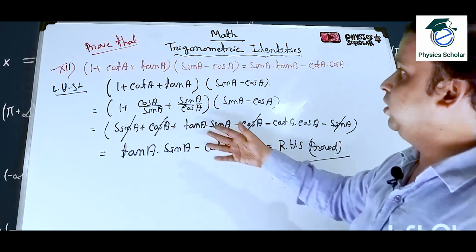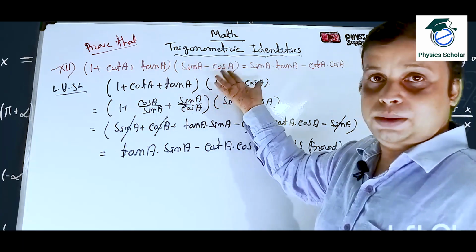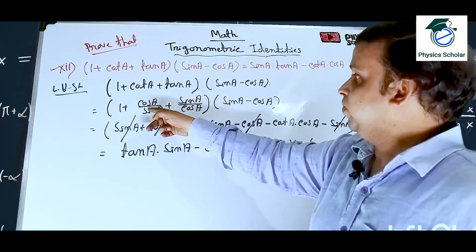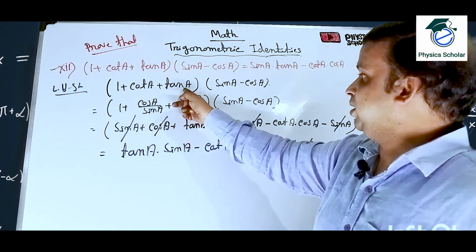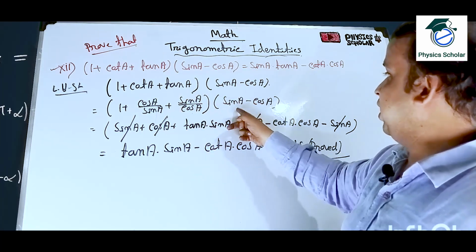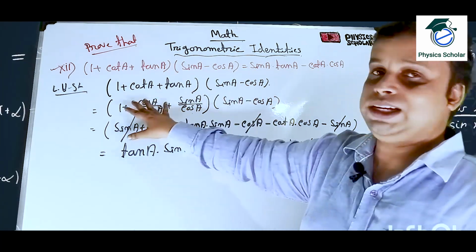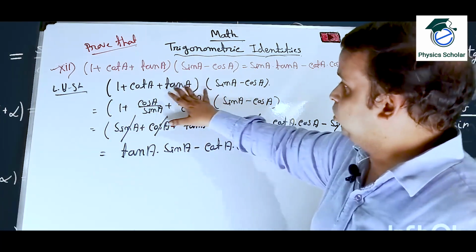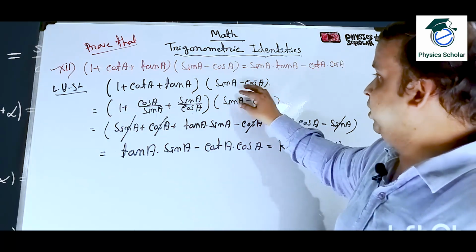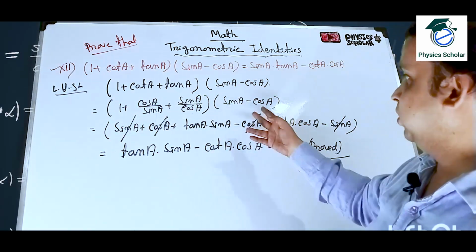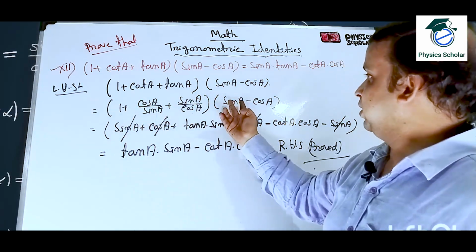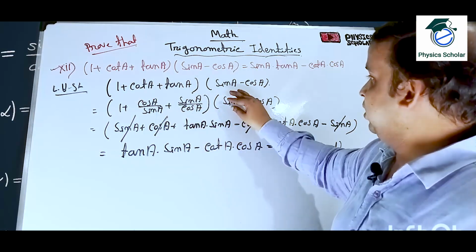Now how to do it? First we are writing this whatever is given. Clear? Now cot means cos by sin plus tan means sin by cos into sin A minus cos A. Now it is simple multiplication. Sin A into whole thing minus cos A into whole thing. Clear? So sin A into 1 means sin A, into this means only cos A, sin A into this means